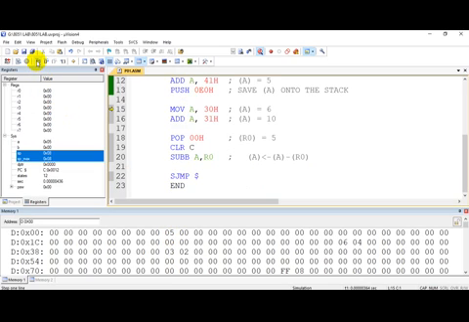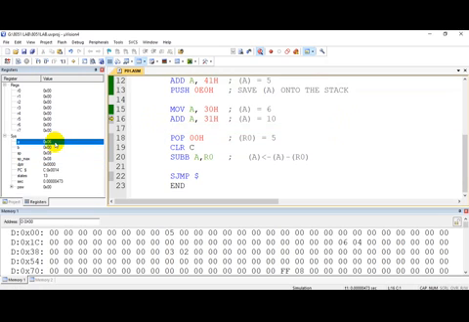Can you see this? Stack pointer is incremented by 1, so it is pointing to memory location 8, and 5, your result, is stored. Now you need not worry about the contents of accumulator because you have already saved it onto the stack. Now let me perform the next addition.